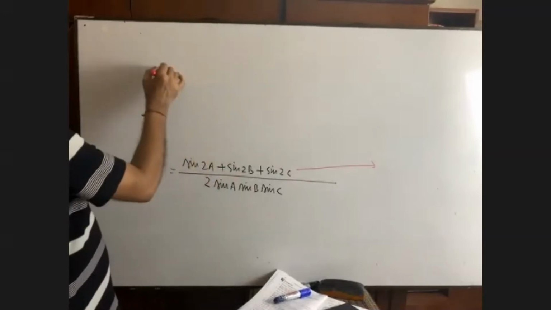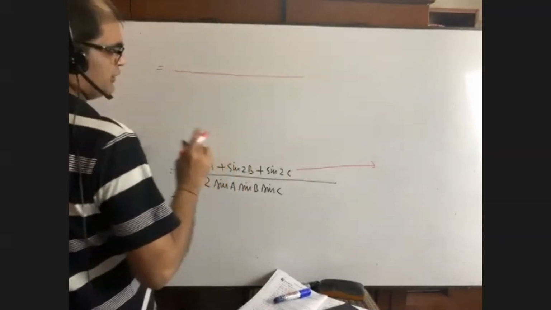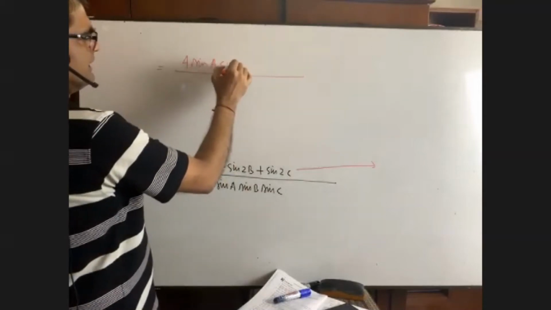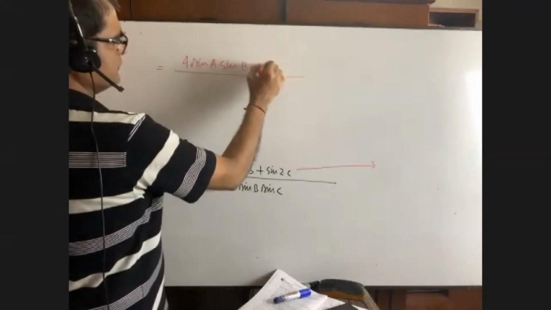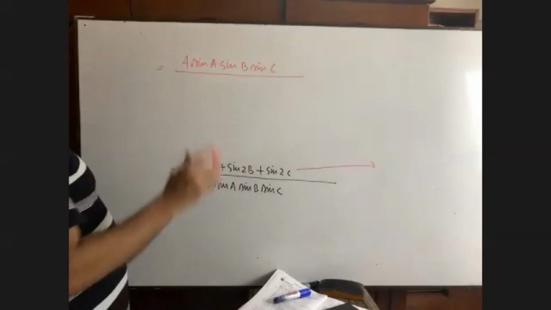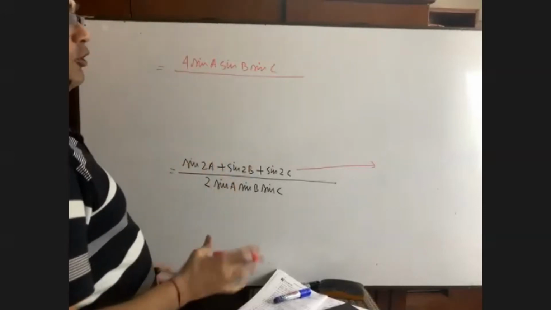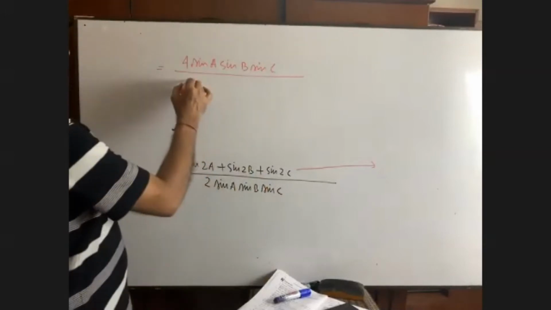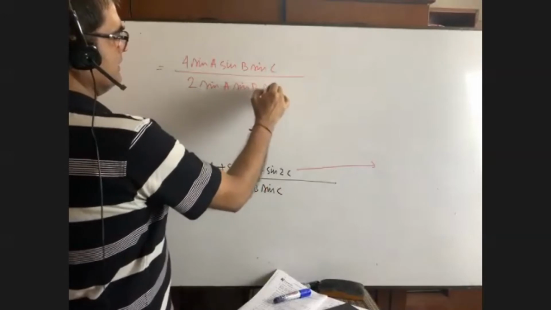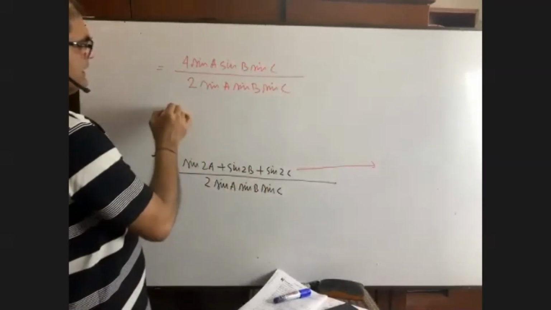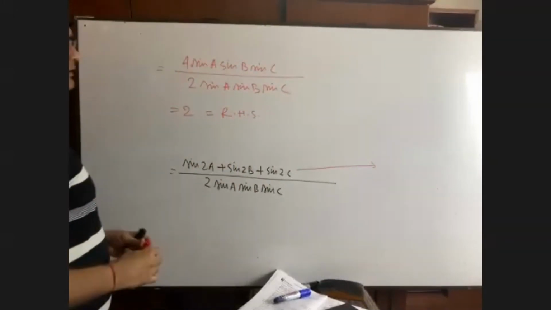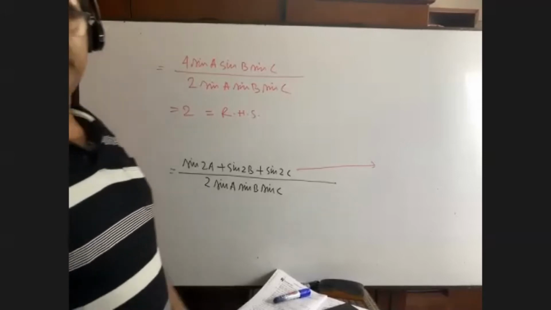So what is the value of this? Just let me know. What is the value of this numerator? 4. You know this is also a formula: 4 sin A sin B sin C. This is also a formula that can be used. If you write it down using the formula, then it's okay. But you will do it, or you will show it, in the exam hall. It is 2 sin A sin B sin C, and it is 2, which is equal to the right hand side. Our math is done. Make it easy, make your life easy, okay?